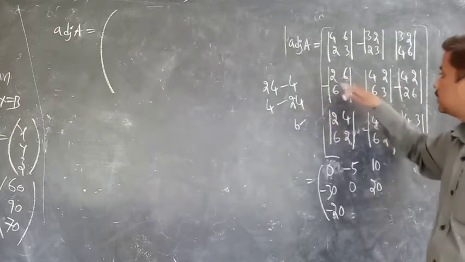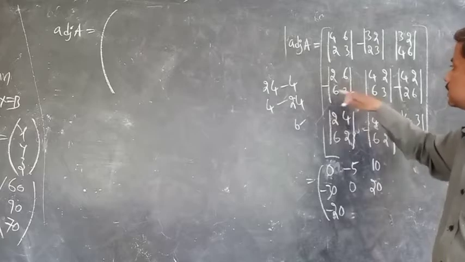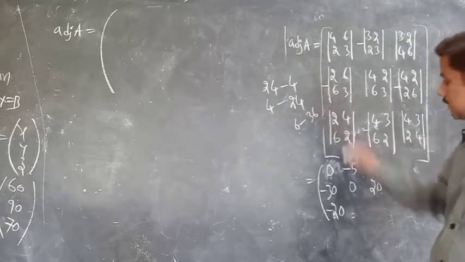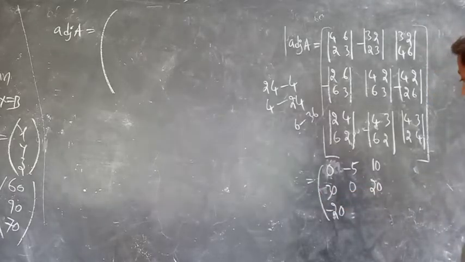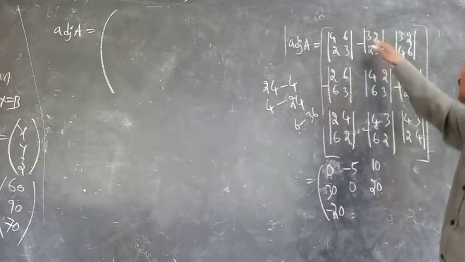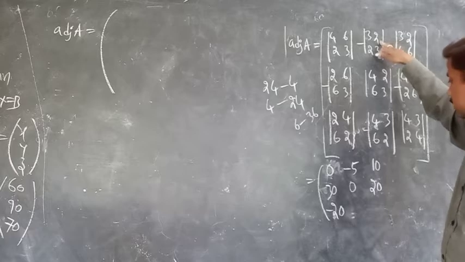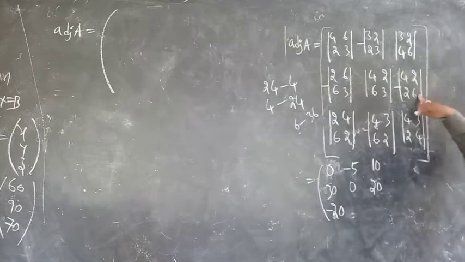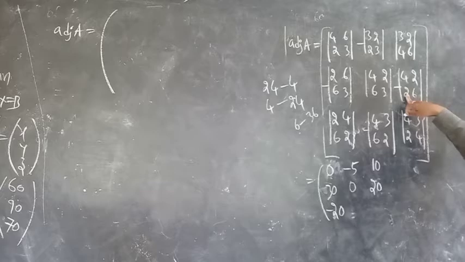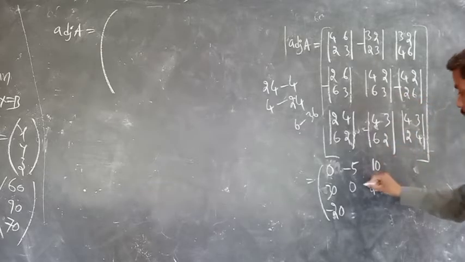6 2s are 12, 36 minus 30. Now minus will become plus, so this one plus 30. Okay, next, 3 3s are 9 minus 4 5s are 20, minus 4. This one okay. 4 6s are 24 minus 4, minus is there, so minus 20. This one minus 20. Okay, next.